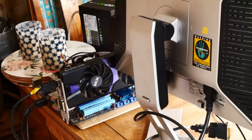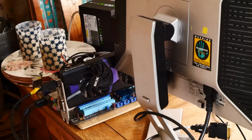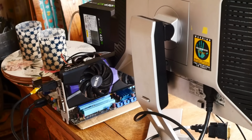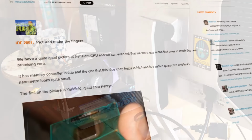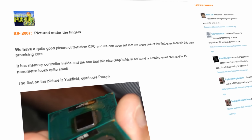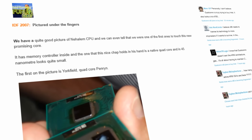The actual architectural history is very interesting and very complex, so trying to condense it down is quite difficult, but I'm going to try and do my best to summarise. The best way to think of the Core i7 in its original form like we have it today is more of a Core 2 Quad with modernizations, which I know for those of you that understand these chips is an awful way to explain it,